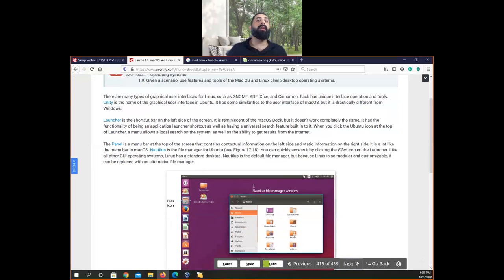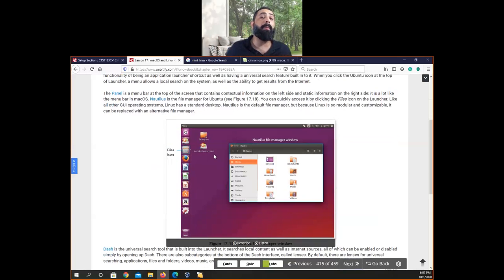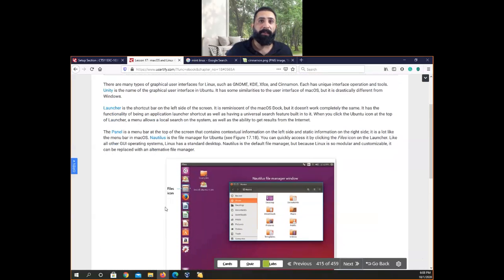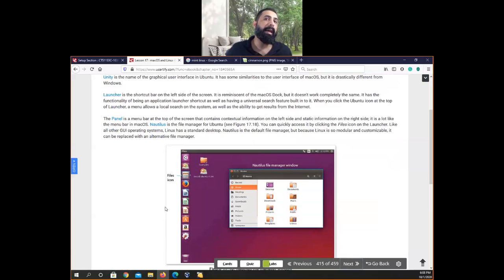Okay. In front of you, for example, is the desktop of Ubuntu. Now, why do people like Ubuntu? They created it to look like Macintosh. Whoever created Ubuntu wanted to give the feeling that this is a twisted Macintosh.